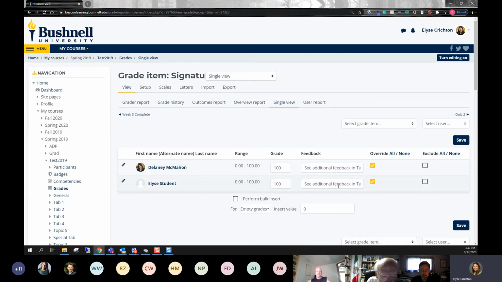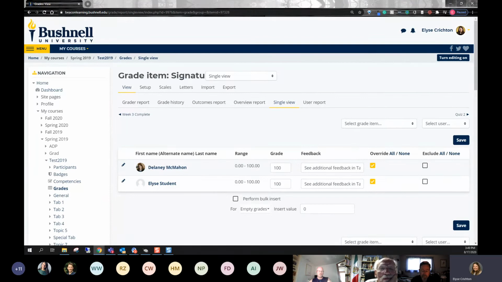Task stream does not automatically enter in these grades for you, but then again, not every course has a task stream component, and that would be something to discuss with your dean if your course needs that piece or not. If you've never heard of it, it's probably safe to assume you don't need it in your course.